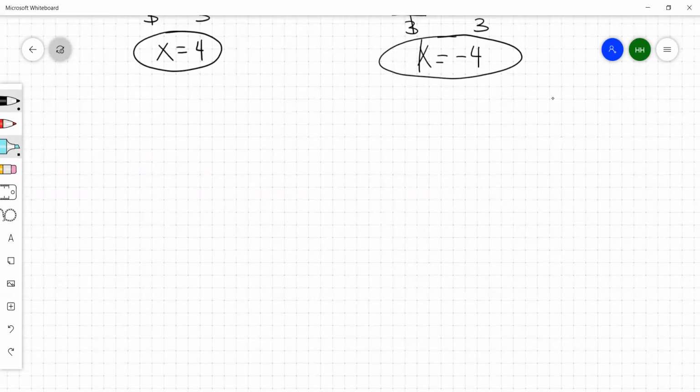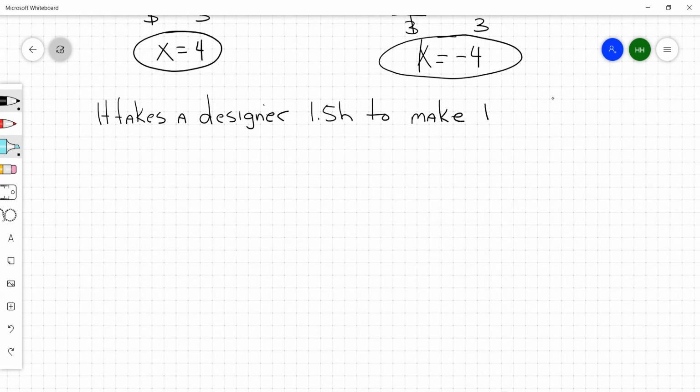All right, let's see. It takes a designer 1.5 hours to make one page of a website. So it takes a designer 1.5 hours to make one web page. And I wish I could make a web page in an hour and a half. Took me like a month. Using new software,